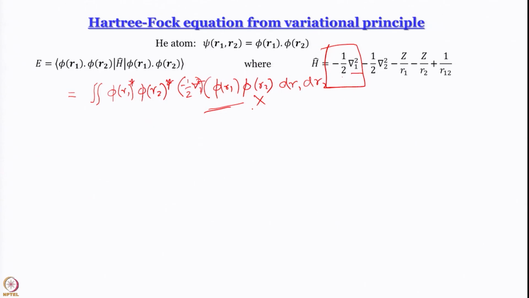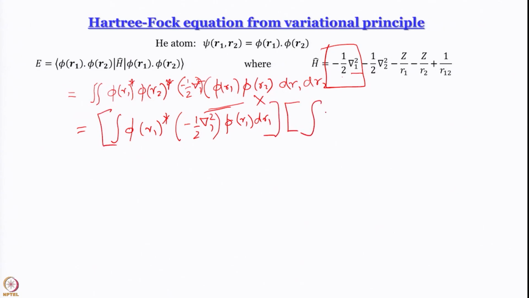So, this double integral conveniently becomes a product of two integrals: the integral of phi of R1 star multiplied by minus half del 1 square operating on phi of R1 dR1 is the first integral, multiplied by the second integral, phi of R2 star multiplied by phi of R2 dR2,